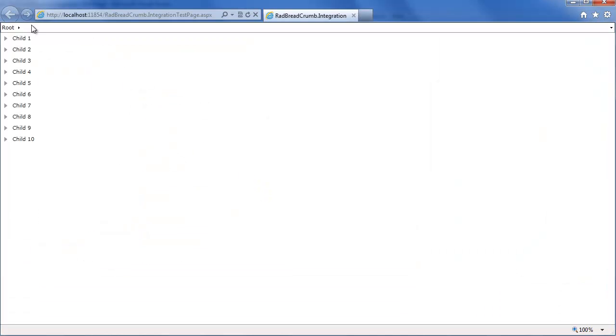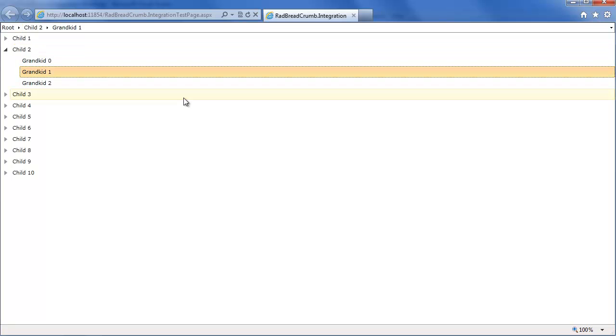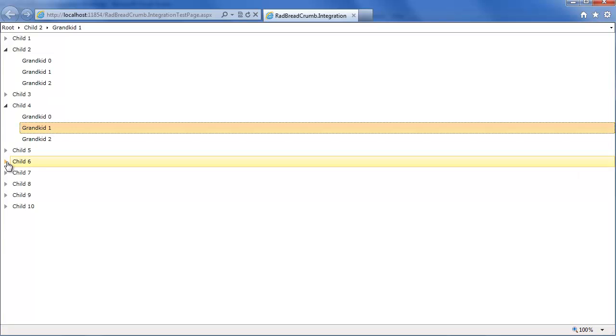Cool, now everything's displaying. We can see RadBreadCrumb once again. We have our child items, we go over our grandchild items. We can do the exact same thing, go into child 2, see grandkid 1. The problem is these are not synchronized, so I can go to RadTreeView, start clicking around, and it's not reflecting